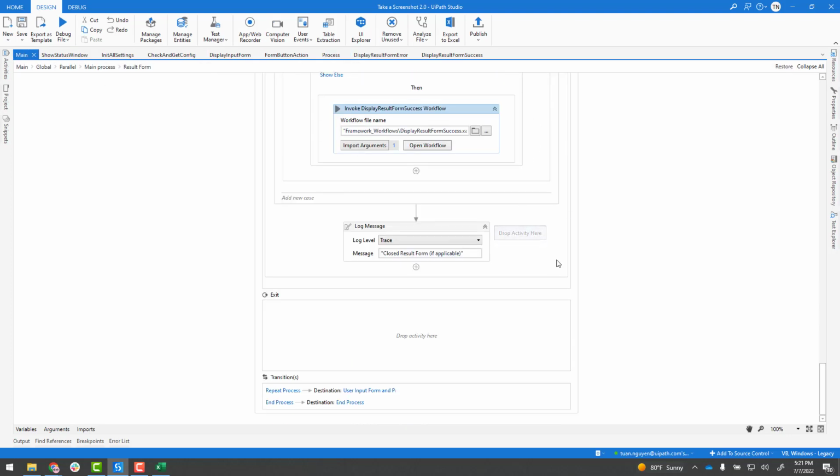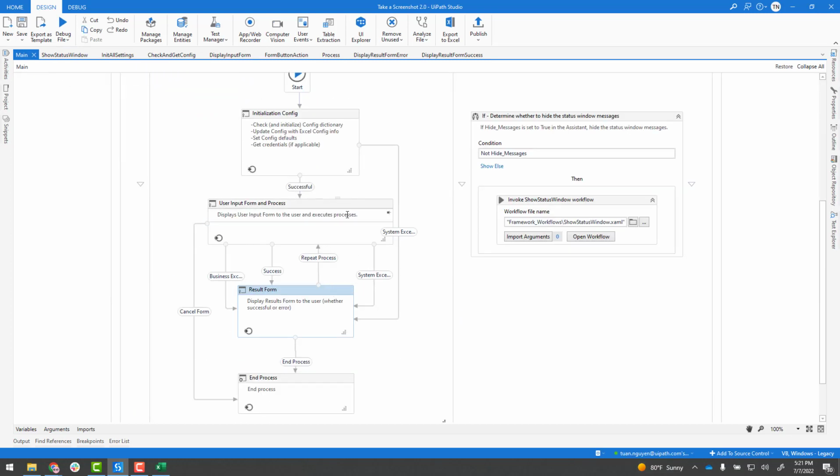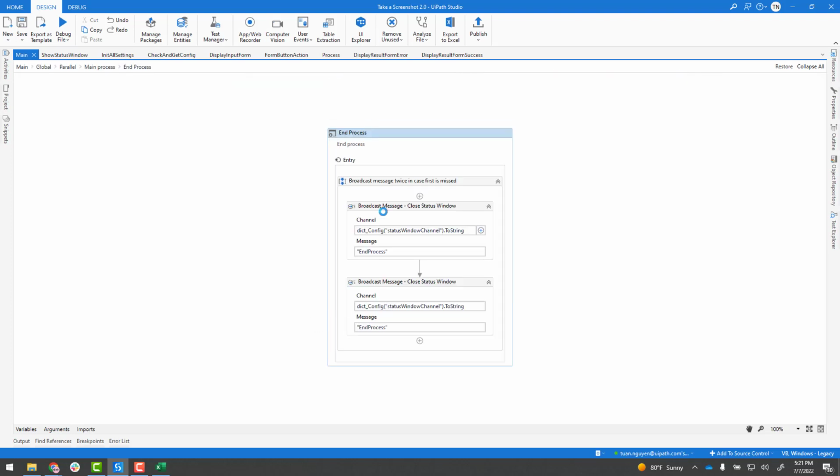So once that's done, the user can press close. They can repeat the process. If they repeat it, it'll go back through and redisplay the form. If they close it, we will continue to end the process. And basically what's happening here is we're broadcasting a message to that status window, and the message is going